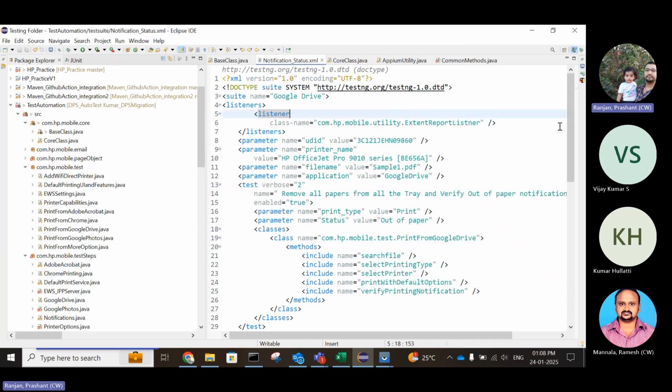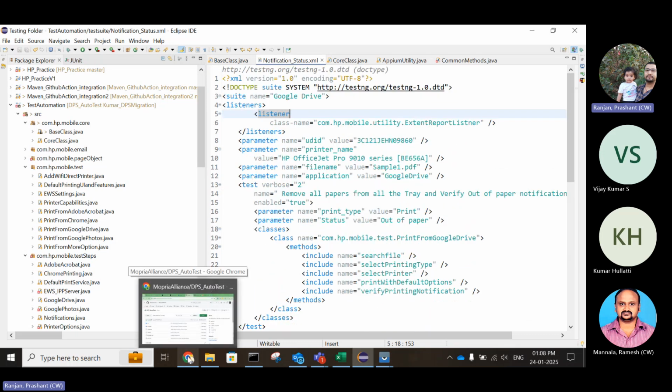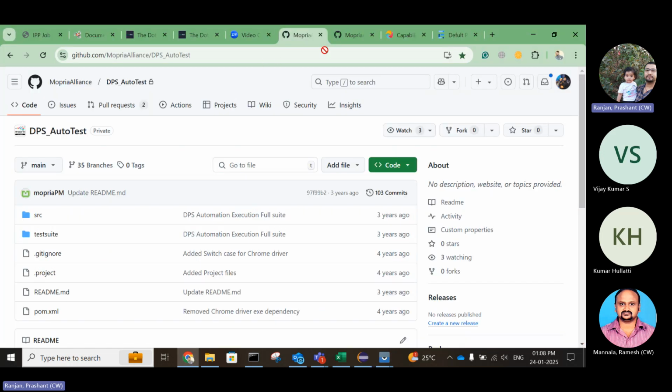So as of now, I have covered how we have to follow the review option, and how to raise it. I will suggest Kumar to raise the